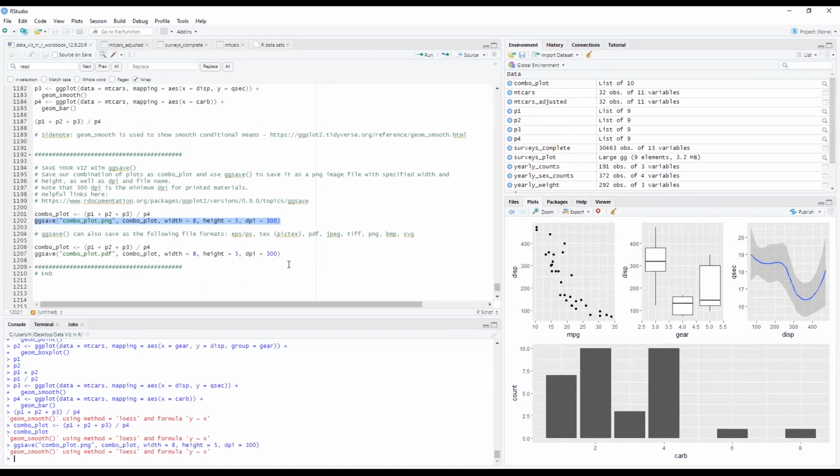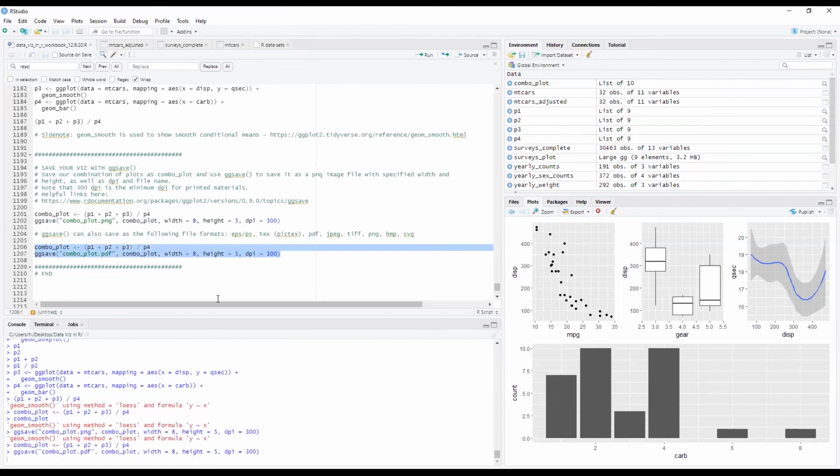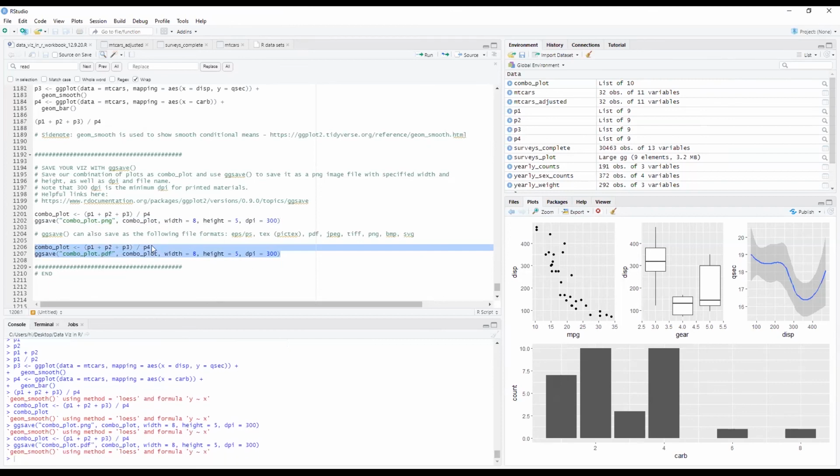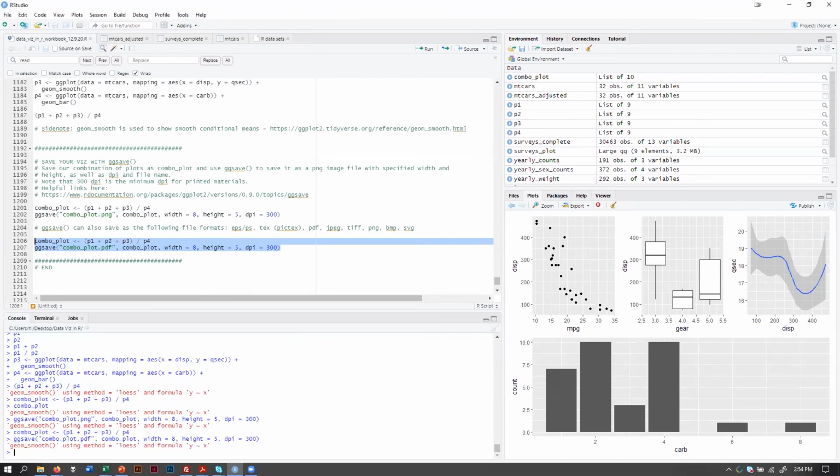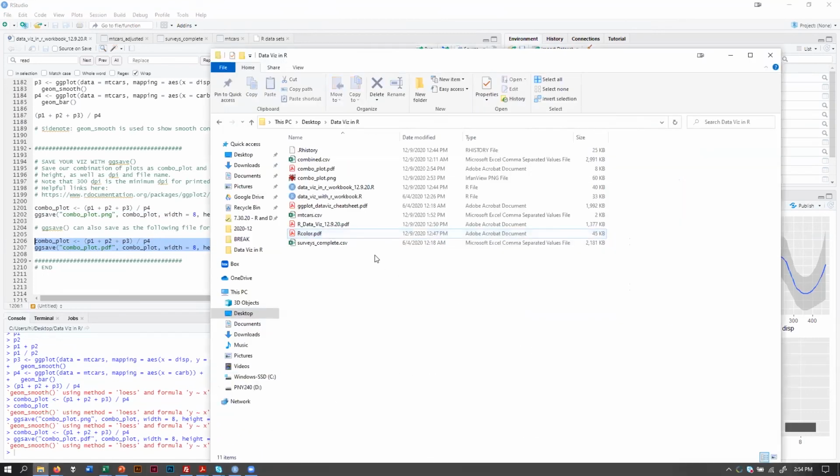And so I'm going to do the same, except I'm going to create a PDF of this. So same thing, just different format. Let me go to show you what I have here in the folder. Let me just go to screen here. And it should be here.